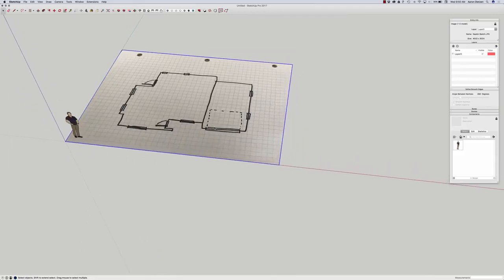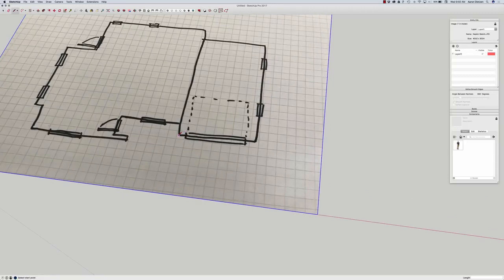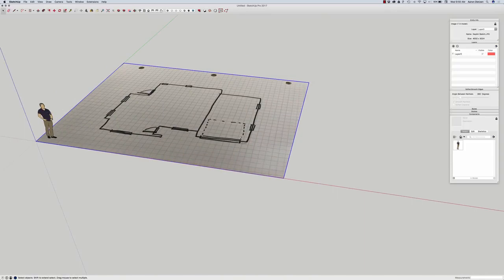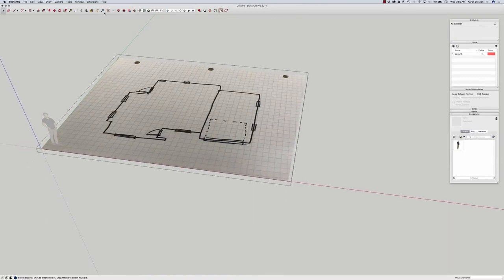I'm going to use this image. So first thing I'm going to do is scale the model. Before I can scale, I do want to have some sort of a reference line on here. So what I'm going to do is draw a line across the front of this, what I assume is a garage. Click right there, and then because when I scale this, I don't want to scale Chris here too, I just want to scale the drawing, I'm going to grab both the drawing and the line, right click and make it a group. Now I'm going to double click into the group, so when I grab my tape measure,